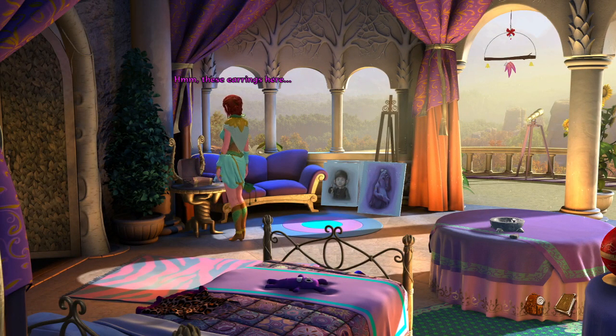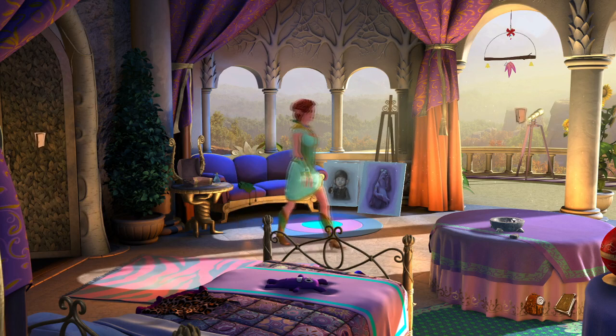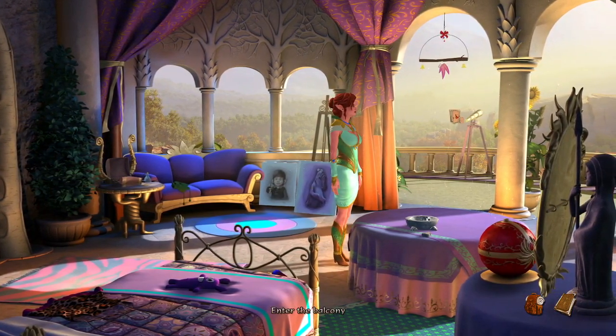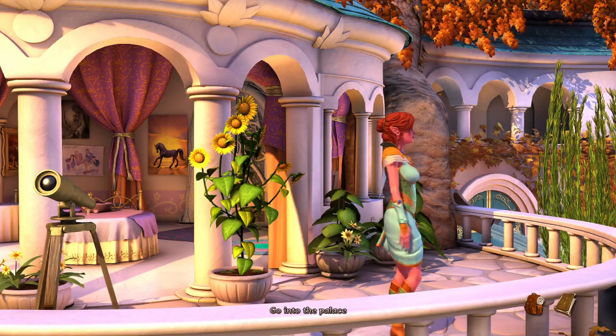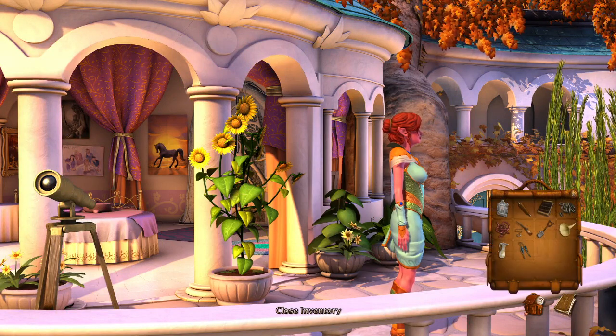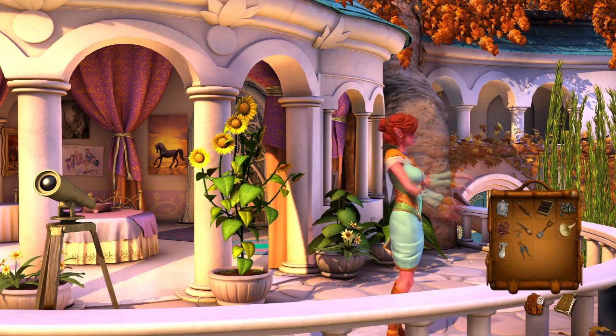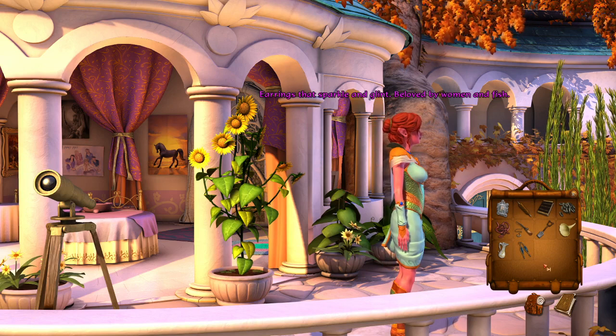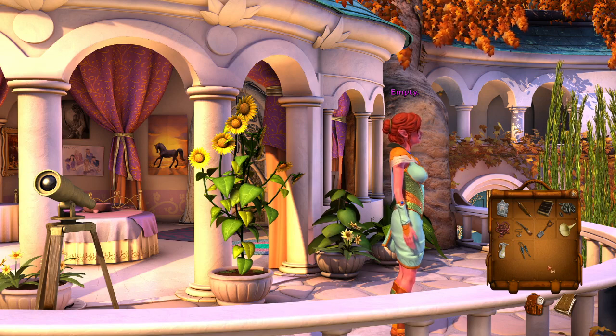These earrings here. They're sparkling and glinting in the sunshine. They could actually come in handy. Okay. Finally. I think that's it, right? I don't think there's anything else here. Okay. Back out we go. Use the jug. Earrings that sparkle and glint, beloved by women and fish. Okay. Empty. So I guess we can go down and fill it up from...